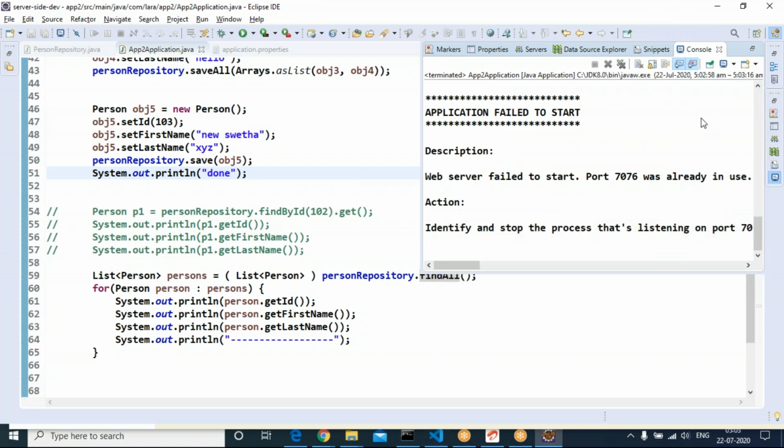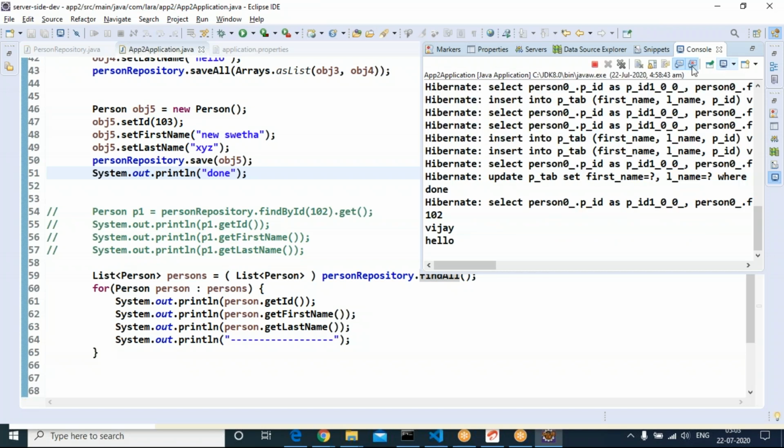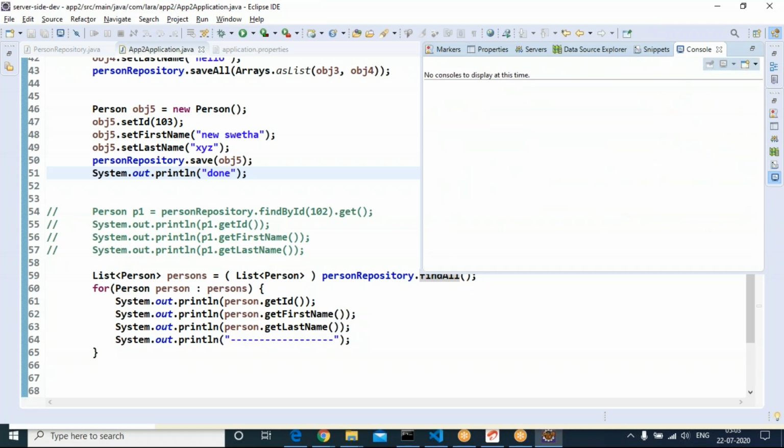If we get this type of message, the web server failed to start, the port was already in use, the meaning of this is the server is not stopped. Without stopping, you are trying to start. Stop it, then run it.